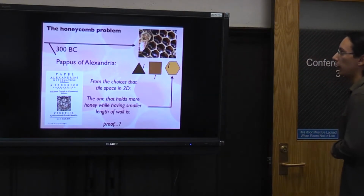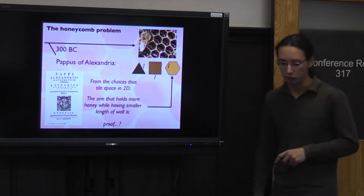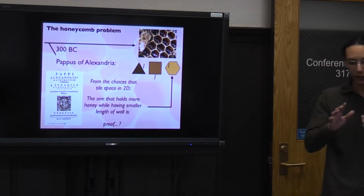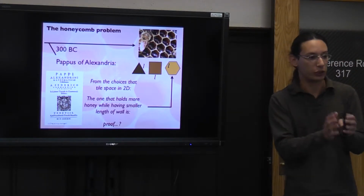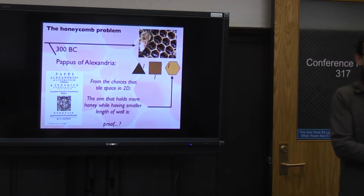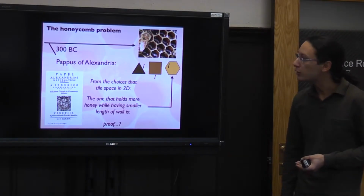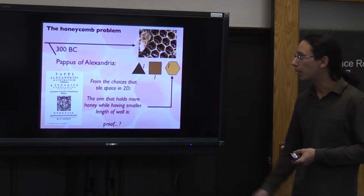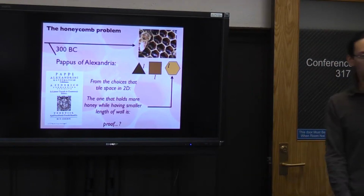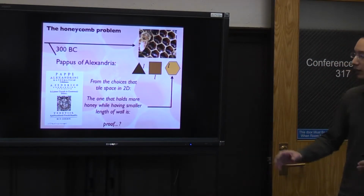So I come to the honeycomb problem that I'm going to be talking about today. And of course, this is pretty old. It's probably the first example where people found symmetry in nature and stopped and said, hey, this is actually pretty symmetric. Something is going on here. And probably the first written record of that is in Pappus of Alexandria, a great geometer. And what he said is basically that...